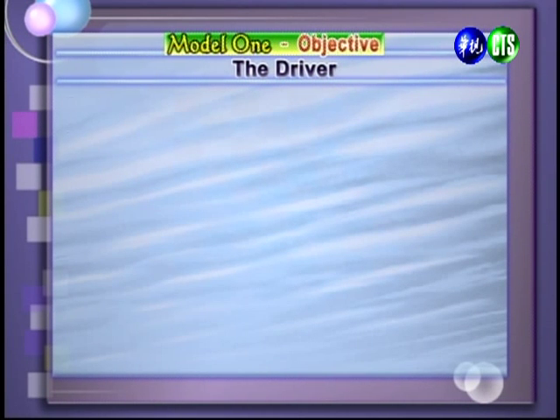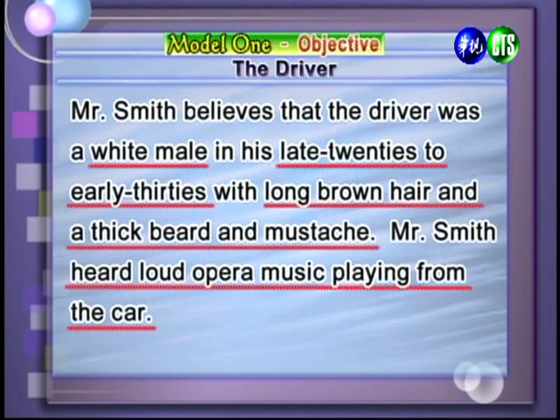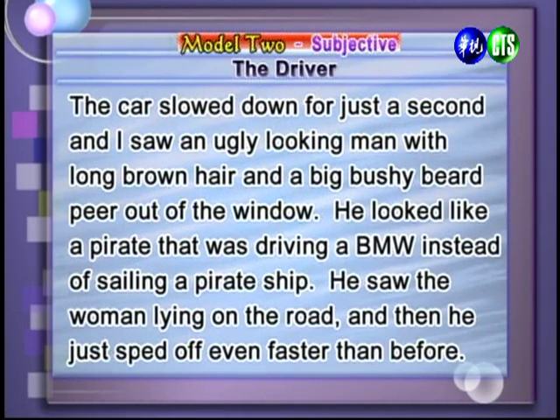Right, now finally, let's go on and compare the descriptions of the driver. 最后呢，我们来看一下关于对于驾驶者的描述。All right, so let's start with the objective version. And here we can see that there are very clear facts about the driver's age and appearance. 我们会发现呢，在客观描述的版本里面，它很清楚地告诉你这个驾驶者他的年龄以及长相。